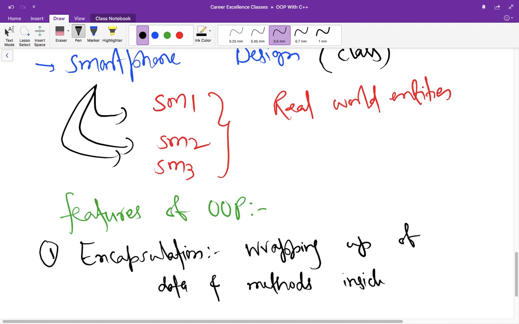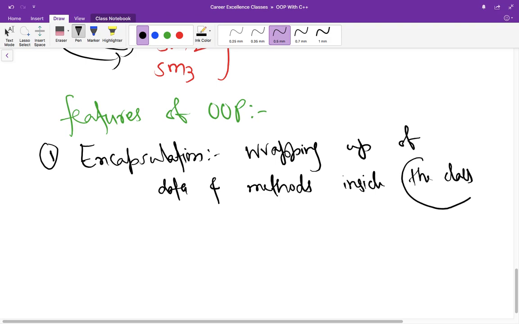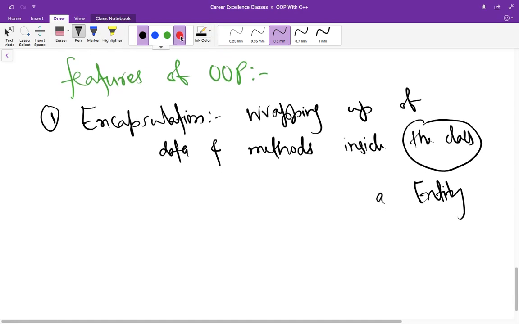Or you can also say inside an entity, and that entity is called class. You can also say binding the data and methods together,